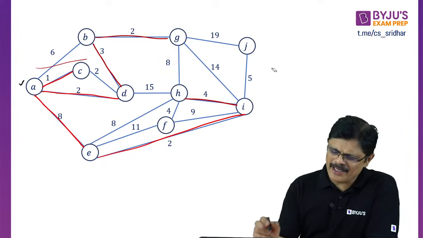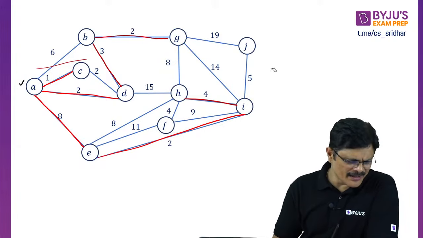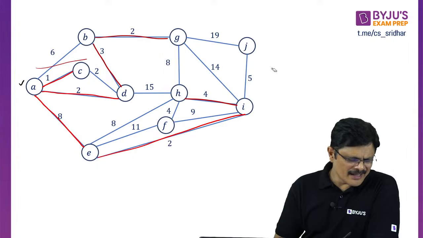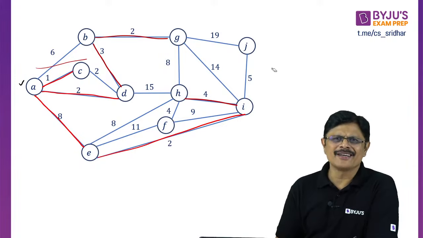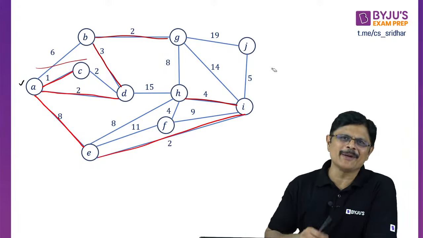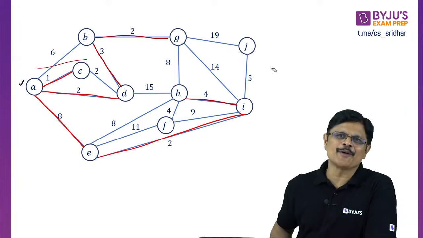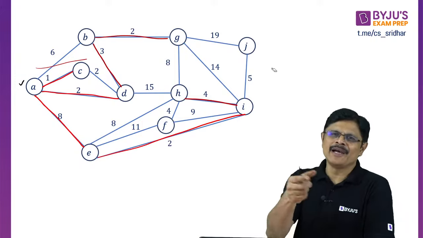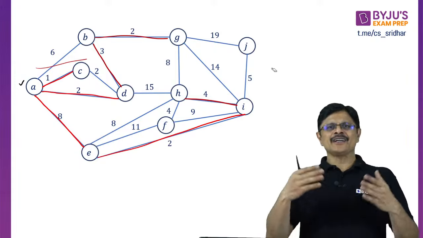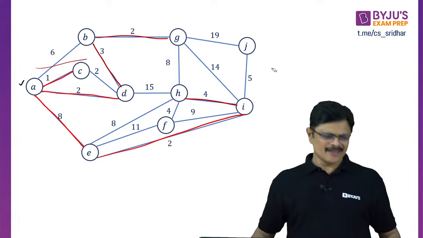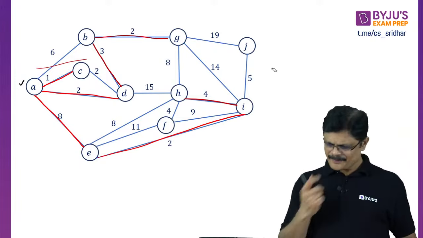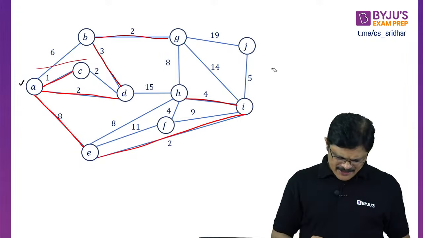See, ultimately it is a min heap only, sir. This is also a min heap only. We create the min heap only, na? The next minimum edge you are going to select. In the cut, you have to select the minimum. Okay, that is what. Hope you understand.